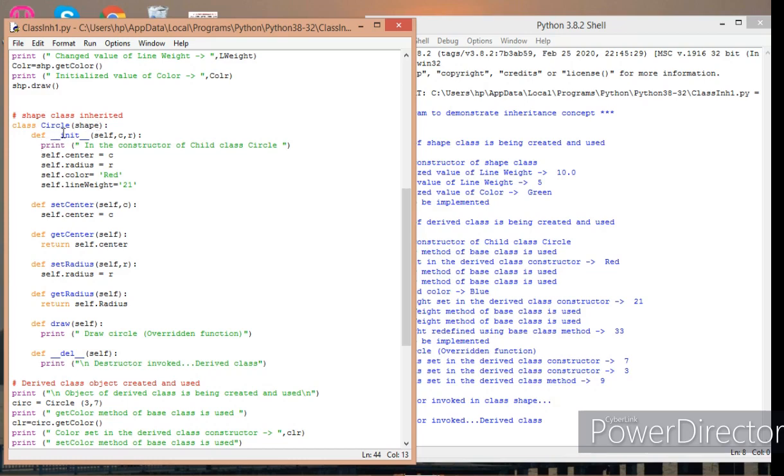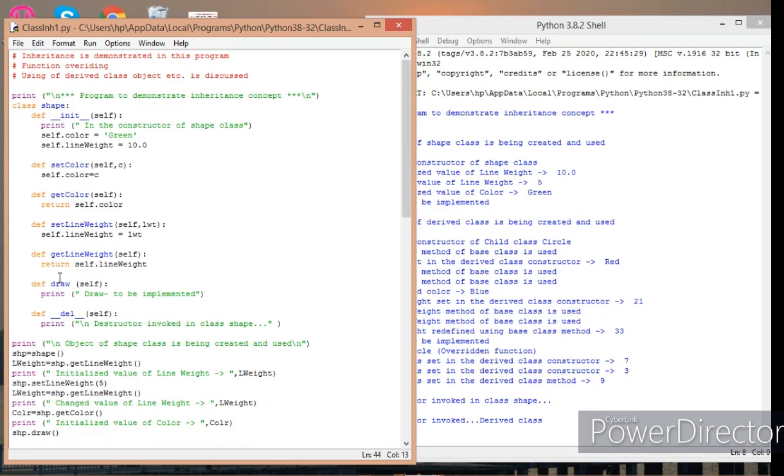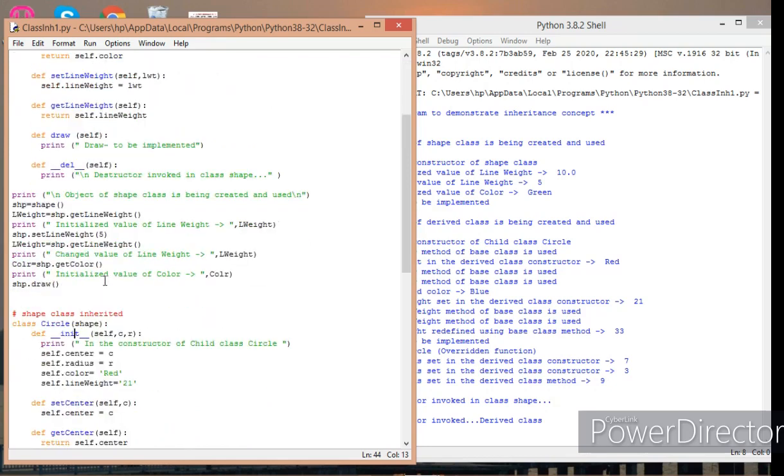Now in this particular class circle, again I have a constructor, and a few methods: set center, get center, set radius, get radius, and I have draw here again. But now this draw has the same name as the draw function which is declared and defined in the base class shape.